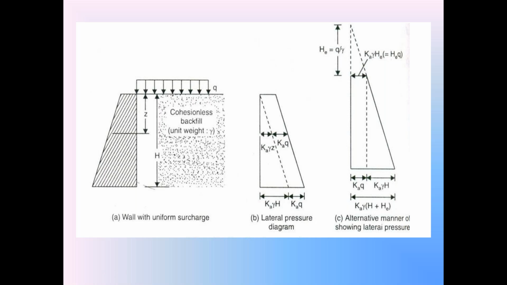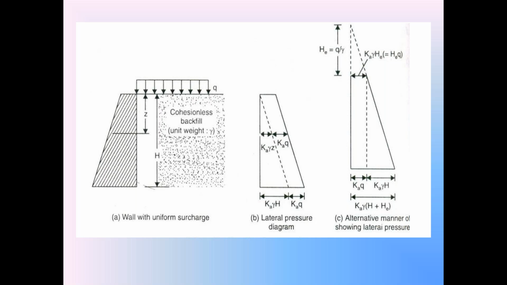So please understand this carefully. So far, we discussed a number of conditions in Rankine's active earth pressure theory. In all those previous conditions, the backfill top is a horizontal plane surface, but sometimes the backfill top surface is an inclined plane surface. If the top of the backfill is an inclined plane surface, what about Rankine's active earth pressure theory?